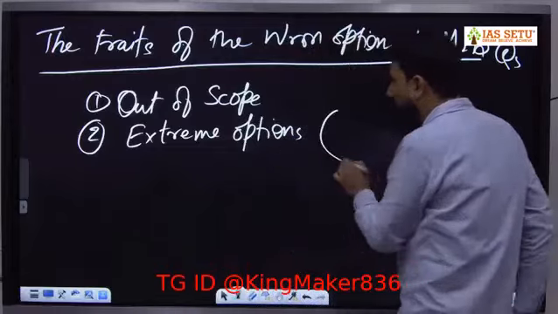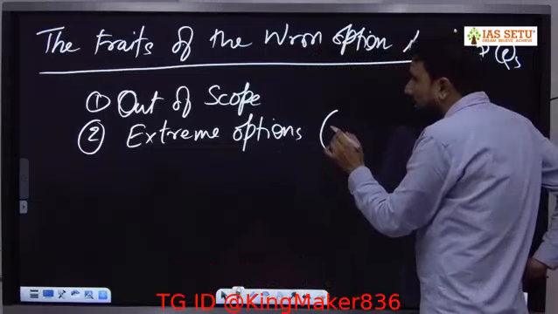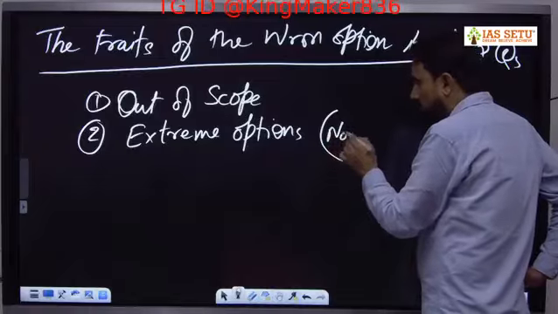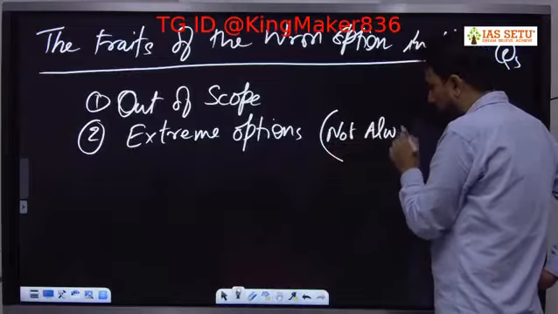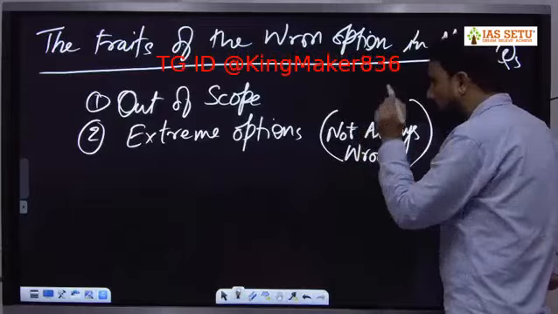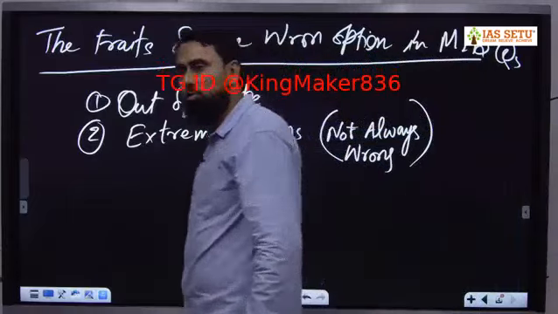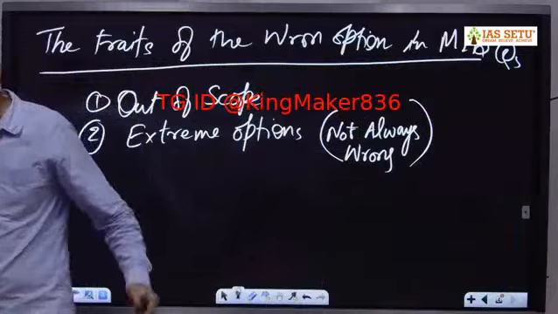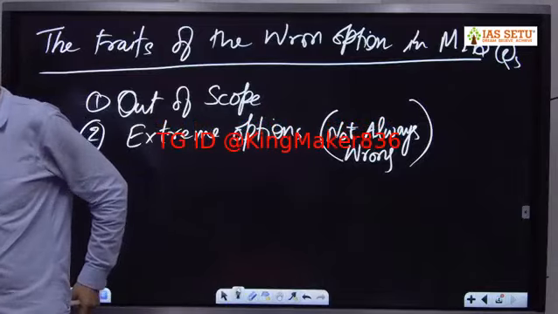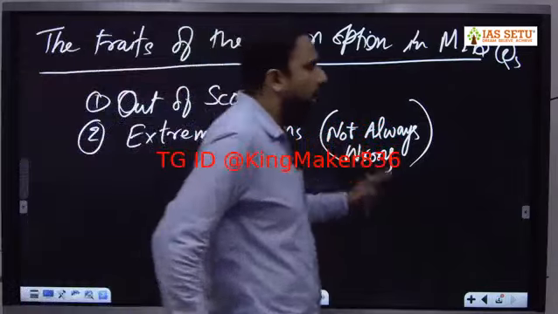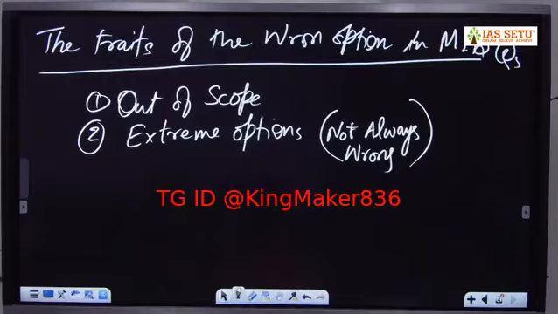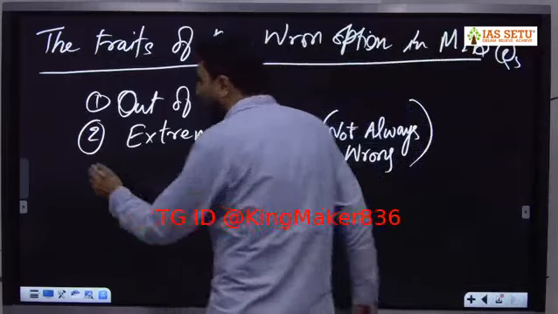But let me also write this important point, that they are usually wrong, not always wrong. So it should not happen कि in a jiffy you have dismissed all the options which have extreme notions. हो सकता है उनमें से कोई extreme सही भी हो, because the author himself might have written extreme points. Very much possible. So mostly आप कह सकते हो कि 9 out of 10 times extreme options वाले wrong होते हैं, but कभी कभी सही भी हो सकता है. So be careful. Third one,